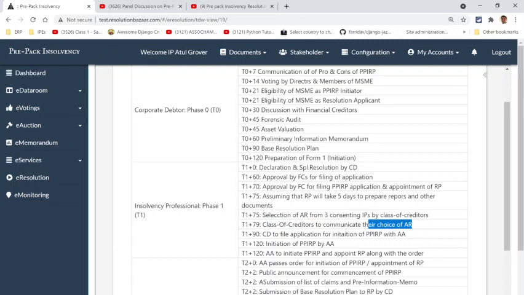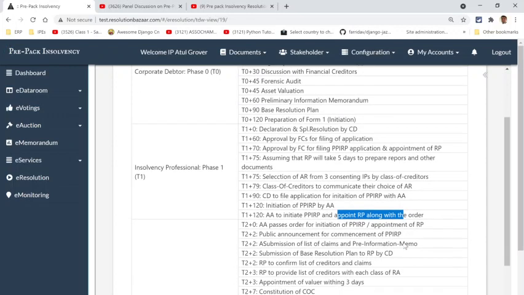And then by the 90th day, the corporate debtor has to file the application for initiation. So this is where the Form 1 that we had prepared here will come into play at this stage. This is tentative. It could very well be 14 days, but assuming the adjudicating authority initiates the process, and we obviously get an order along with the appointment of a resolution professional.